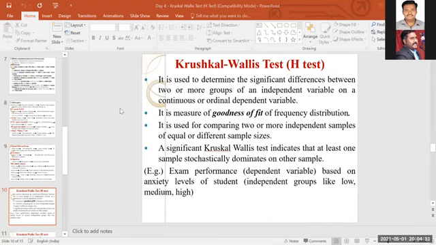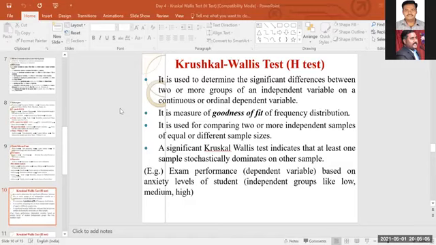In your research work, you have a dependent variable and you want to measure whether there is any significant difference of the dependent variable on the independent variable with two or more factors. Same situation: you take the same kind of variables, a dependent variable and an independent variable with different factors. But my data is not normally distributed. In that case, you can go for the Kruskal Wallis test.